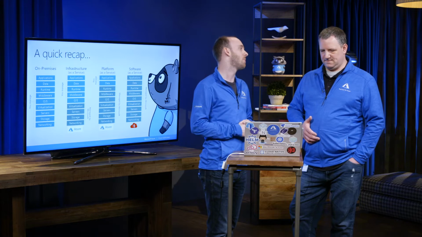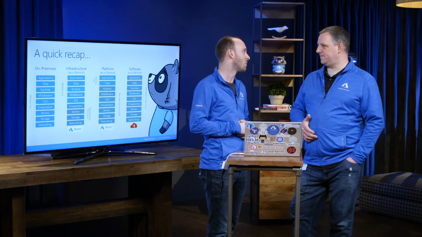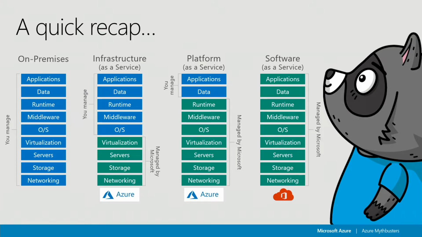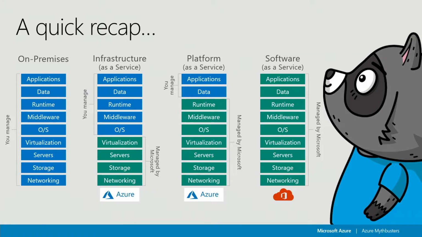So let's recap a slide that I think a lot of people have probably seen at some point if they're moving to the cloud. What are the different parts of Azure? Absolutely. When we think about on-premises, that full stack is something that you control. If you think about the different elements of cloud that you can manage, there are three main models: infrastructure as a service, platform as a service, and software as a service. The extreme end of the spectrum is something like Office 365, where you don't really see under the covers, you don't really care, you just consume it.